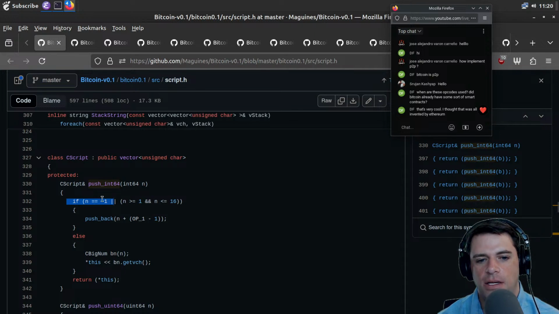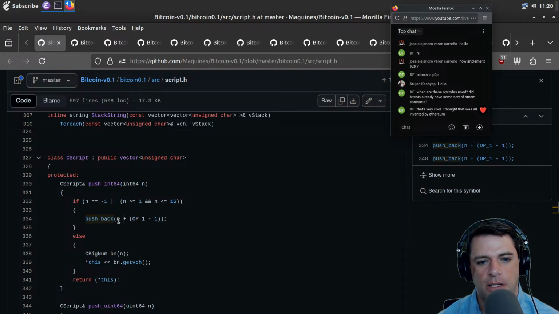if we send in -1 or n is bigger than 1 and less than 16, then we are going to call push_back on, I assume, the stack. I don't know where push_back is defined yet. And we're passing n plus the first opcode minus 1. So we're pushing the nth opcode, assuming